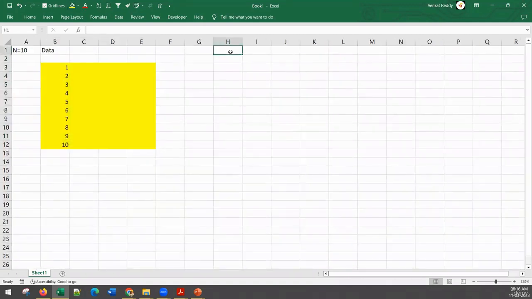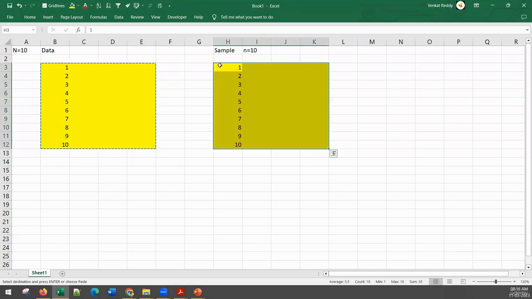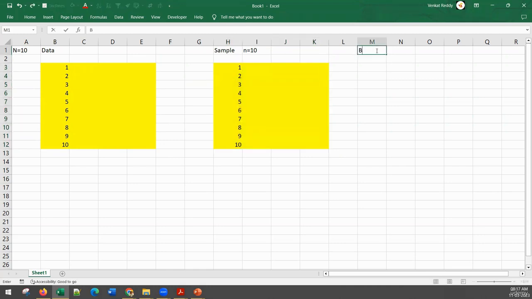Usually, if you take a sample and the sample size is also 10, what will be that sample? There is a data set with size 10. If I take a sample of size 10, can I say that sample will be almost the same as the data set? Yes, sir. If we have a data set with 10 records and we take a sample of 10 records, then the sample will be the same as the data. However, a bootstrap sample is very different. In a bootstrap sample, the sample size is 10 only. But the way we pick that bootstrap sample, the way we create it, is very different.